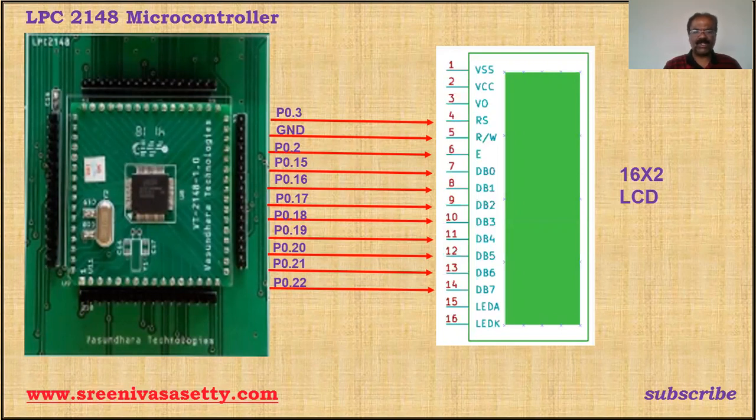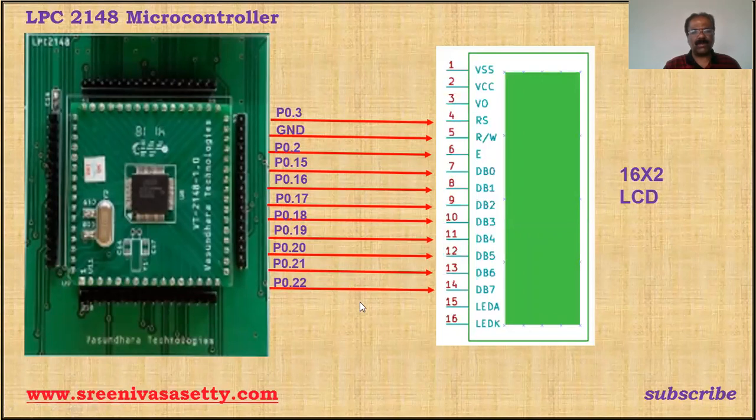Actually, we have GPIO 0 and GPIO 1. We're going to use GPIO 0. GPIO 0 contains IO direction 0, IO set 0, IO clear 0. So this is very, very important. If you want to write a program to display anything on the LCD, the architecture, the hardware specification, and the pin diagram are very, very important. Therefore, I'm going to write a program by using this pin configuration. I'm going to use these pins.